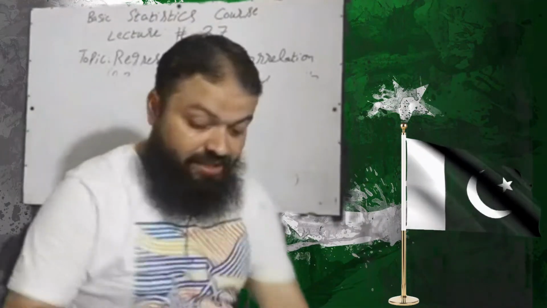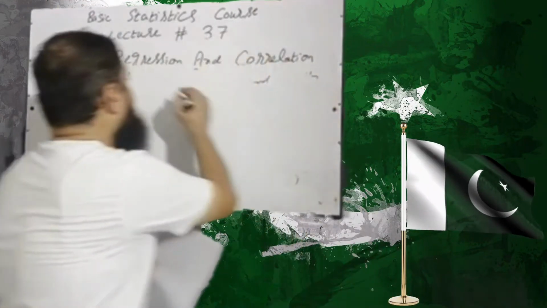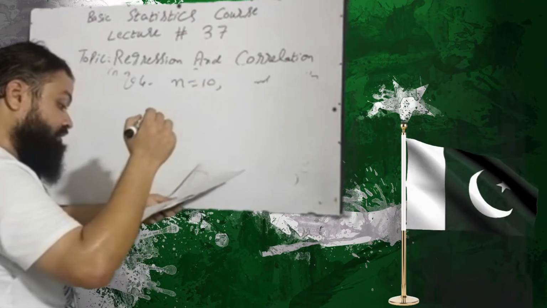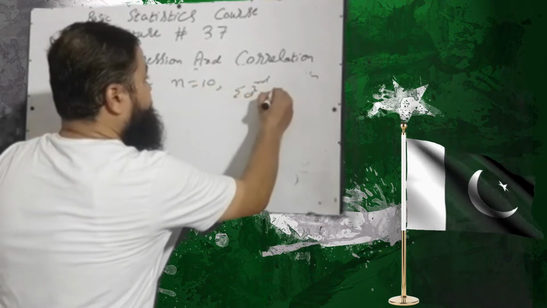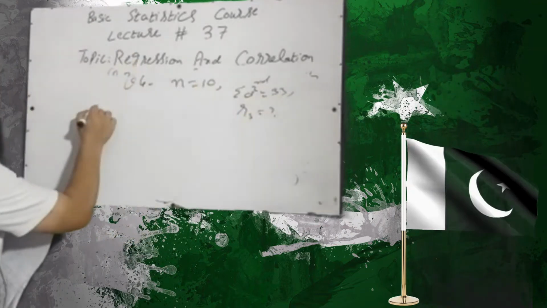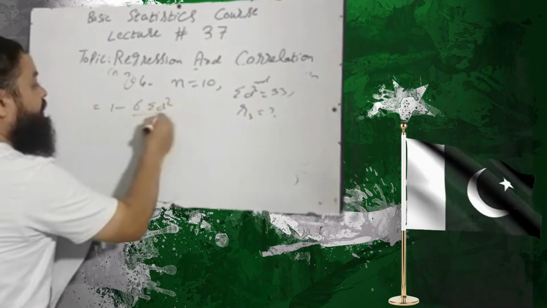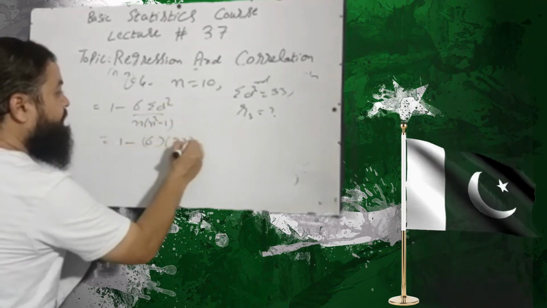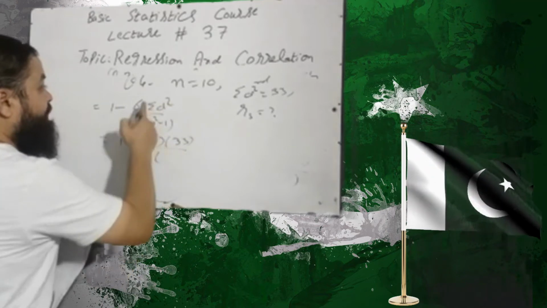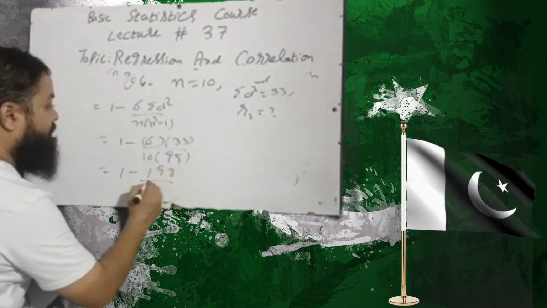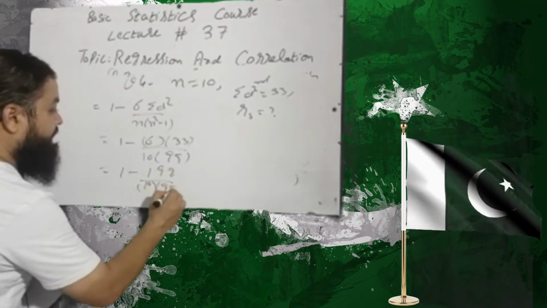That is the last numerical question of today's lecture. If the sum of squares of differences between 10 ranks, question number 4, there are 10 ranks, n is 10. The sum of square of differences is given, that is 33, and we have to find the rank correlation. Just put the values: 1 minus 6 summation d square over n into n square minus 1, 1 minus 6 into 33 over 10 into 10 square is 100 minus 1, 99, 1 minus 198 over 10 into 99,